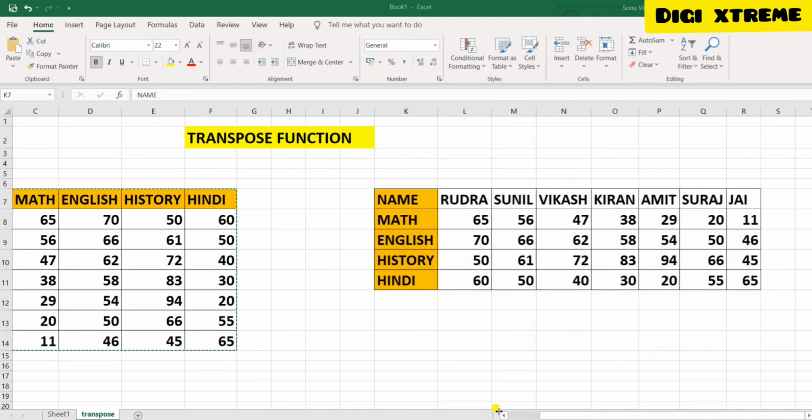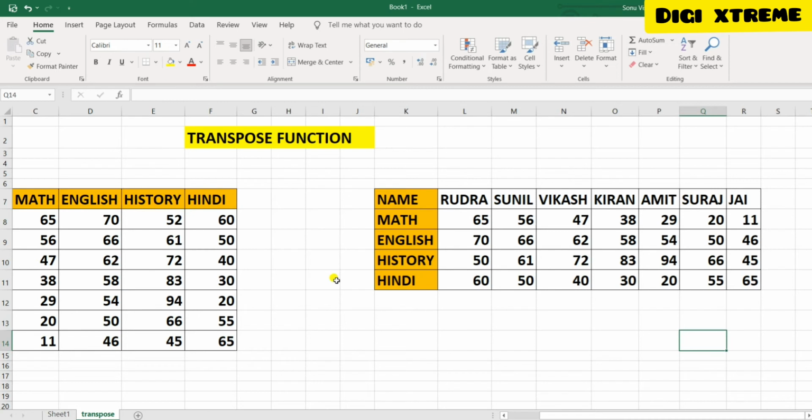There is a small issue with this data, like if I make any changes to this data, like 52, then you can see it is not changed here to this data because both data is not linked to each other.